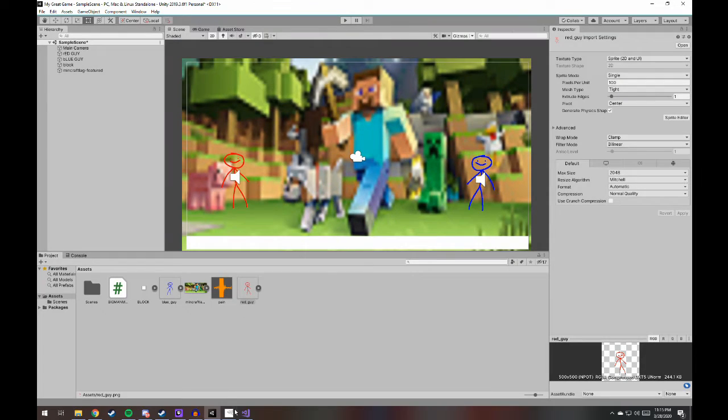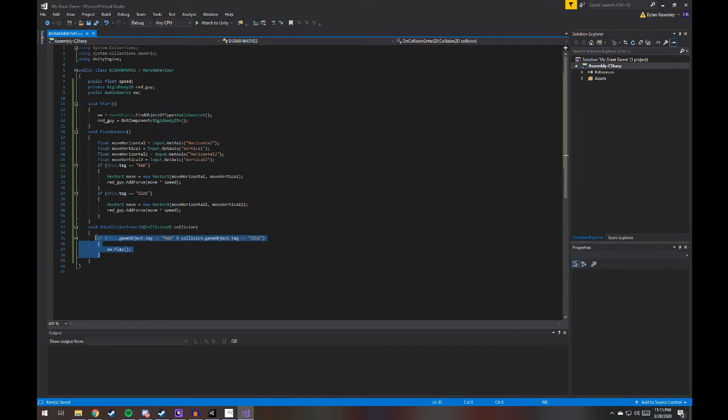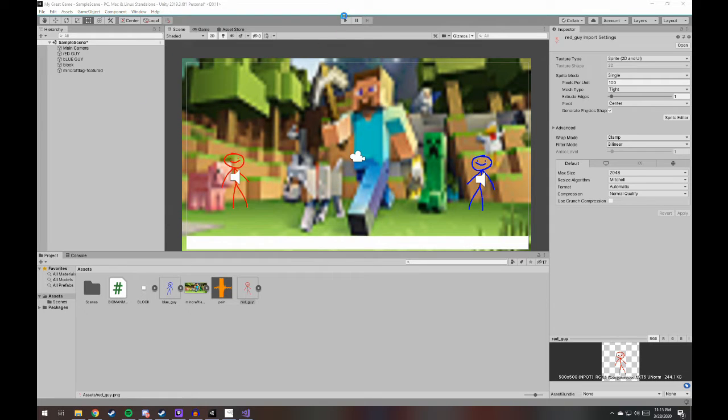I just remembered something. I never did the vice versa. So now let's do if this is blue and this is red. Wait, red. Alright, so